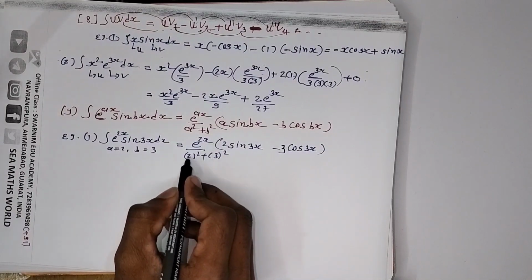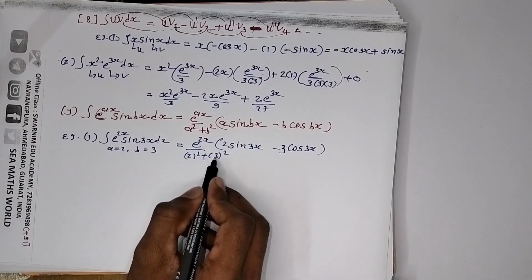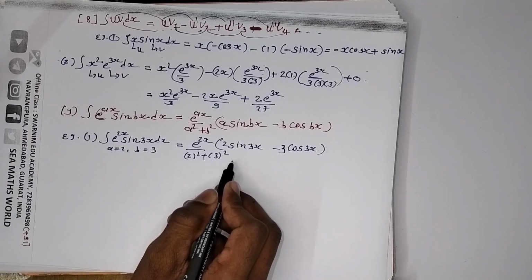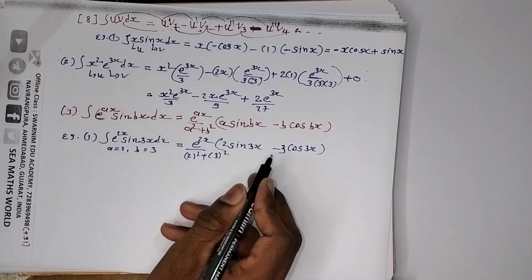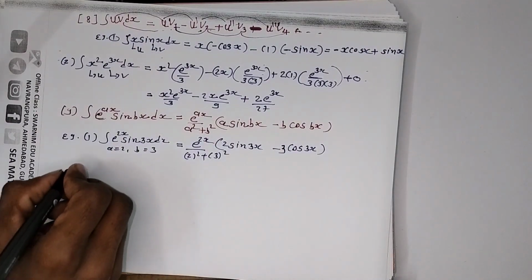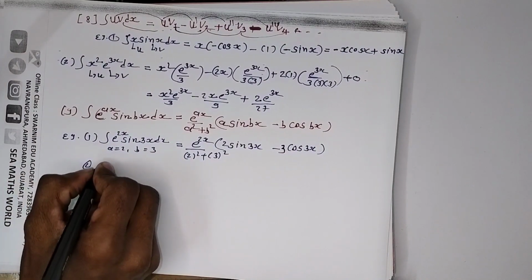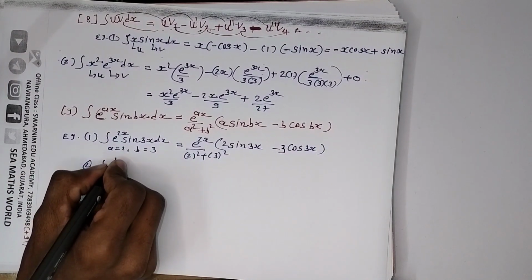Now we can do the next. E raised to 2x upon 2 square 4 plus 3 square 9. 4 plus 9, that will be 13. This term will be as it is. Okay, you can do it by yourself. I'm taking one more example. Integration of e raised to kx